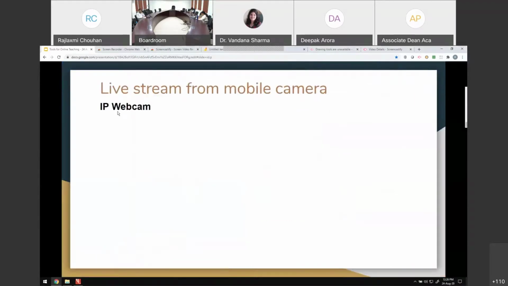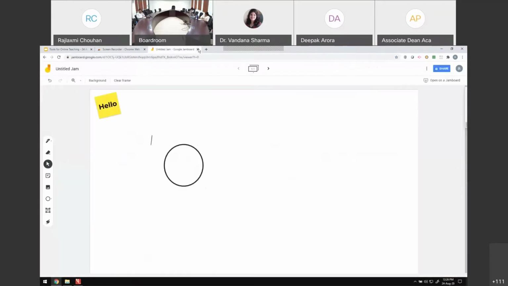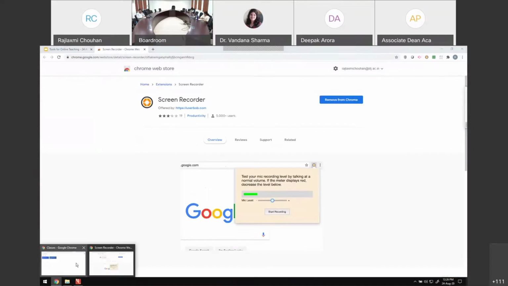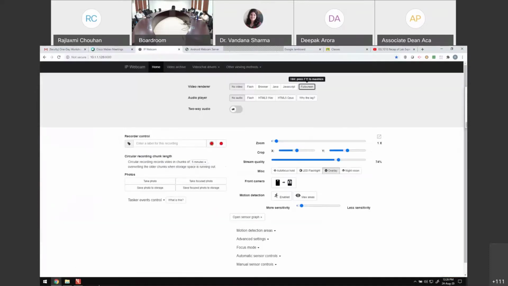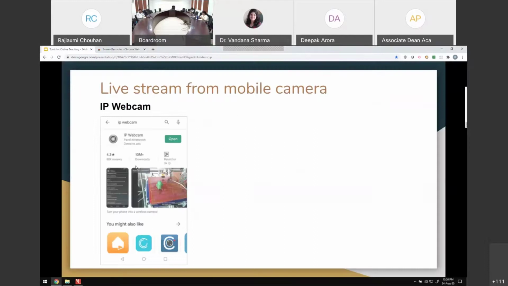Right. So the app, there are again many such apps available. One such app is IP Webcam. That is what I'm using. Let me go to IP Webcam quickly. So what you will be doing is you'll go to Play Store and search for the app called IP Webcam.